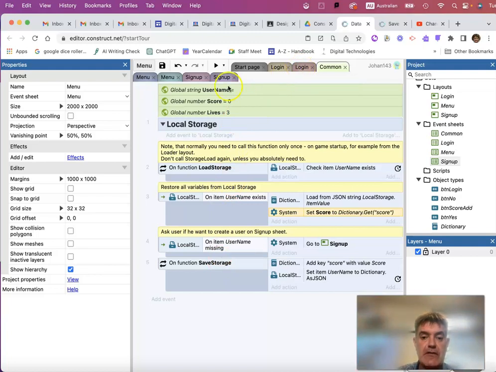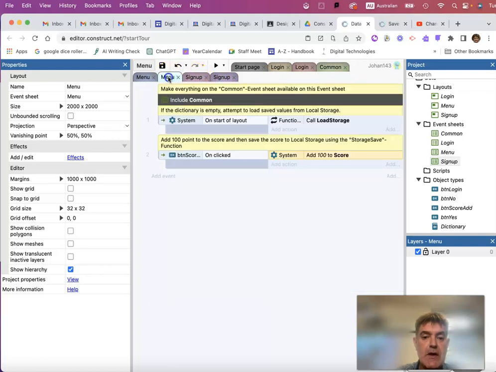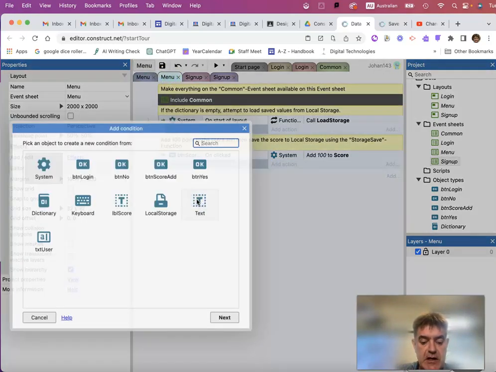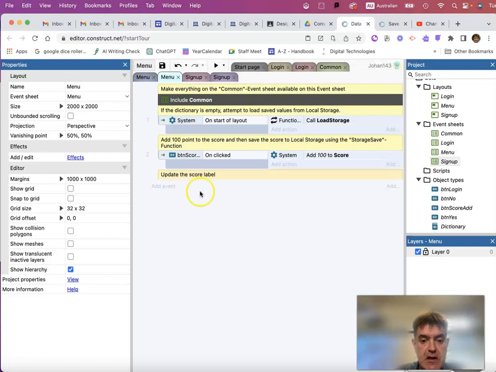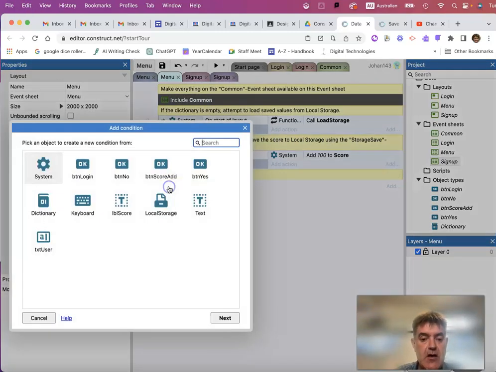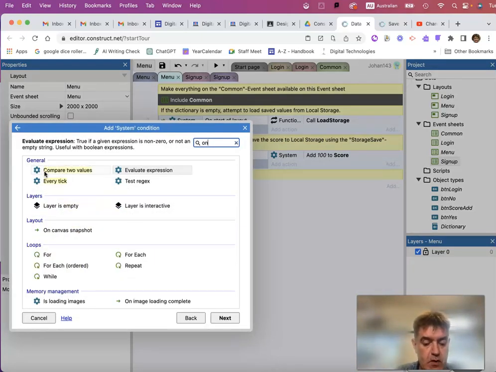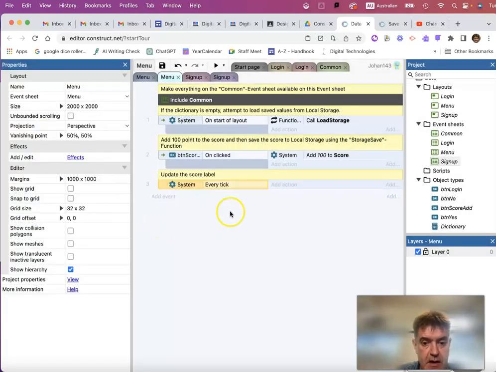I also need to quickly figure out how to make sure that the label is updated. So this label is not going to update when that score increases, I need to code that, and I'm going to do that now. Right, let's go ahead and do that. So in my menu, I'm going to put another comment, which is to update the label of the score, and I'm going to say on every click system, I think we've used this before,